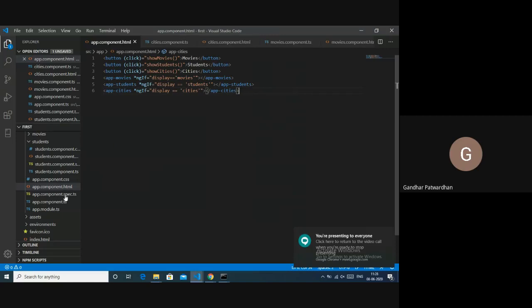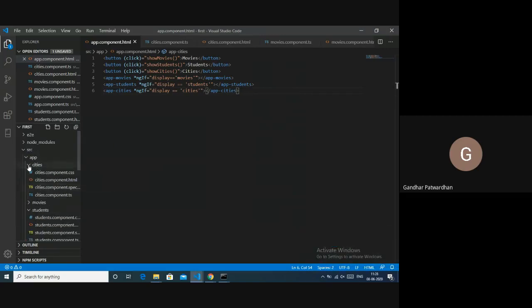Right. First, what did we see? We saw the project structure. What is the project structure? It's pretty simple, right? We have src, inside src we have app folder, and inside app folder we have the files app.component.html, .ts and .css. Then we also have app module, right? That file is app.module.ts. What does app.module.ts have? It has a class app module.